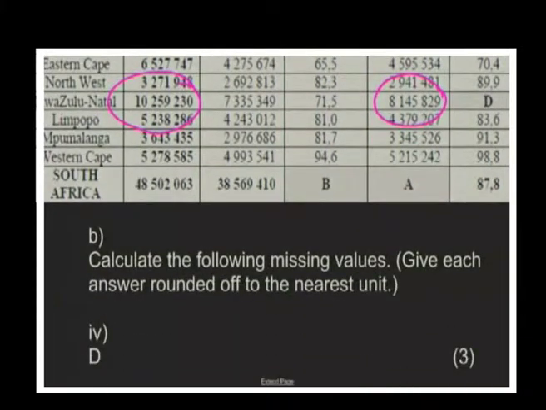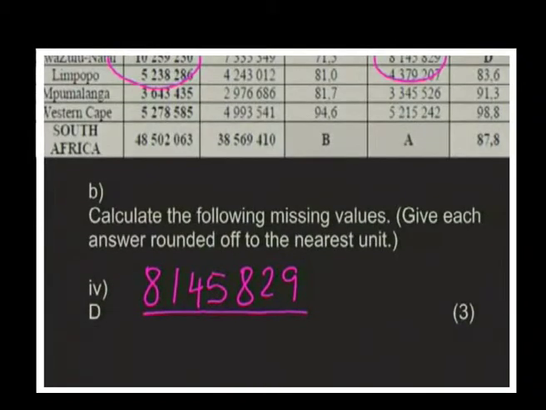So let's write that out. We've got our total of 8145,829, divided by my total, extend the page a little bit, of 10,259,230 times by 100. Don't be scared of big numbers. They like to give you big numbers. But the theory with a big number or a small number is exactly the same. Just be a little bit more careful when you actually type onto your calculator that the numbers you've used are